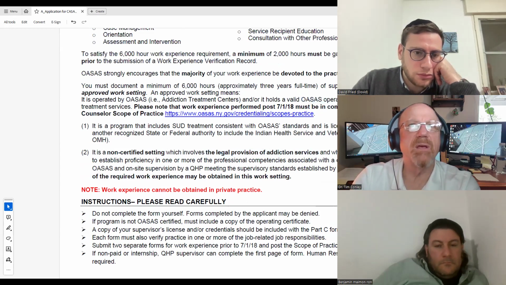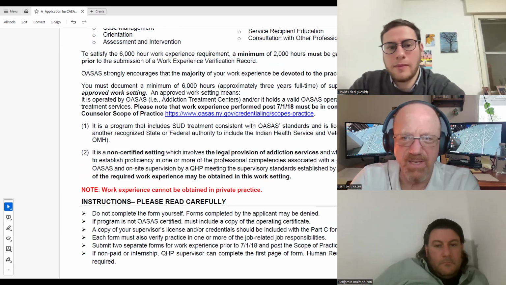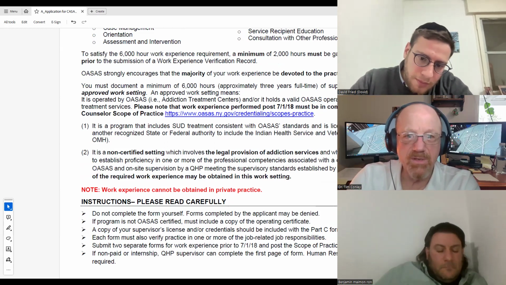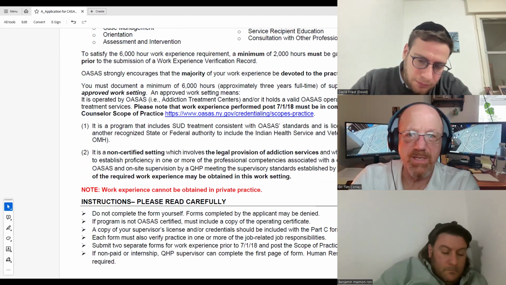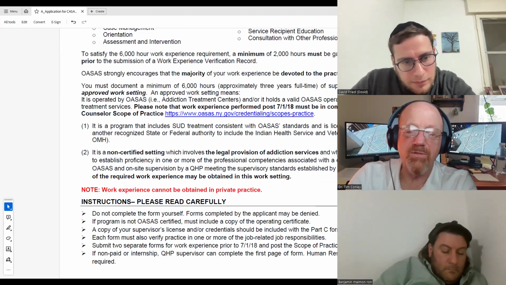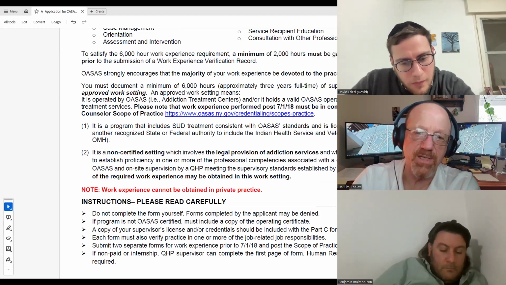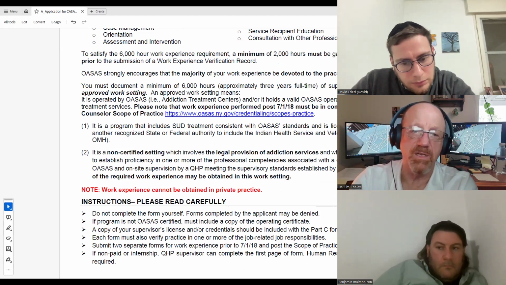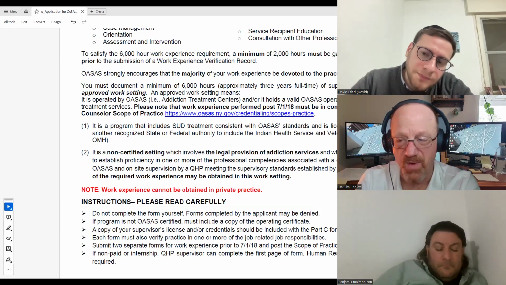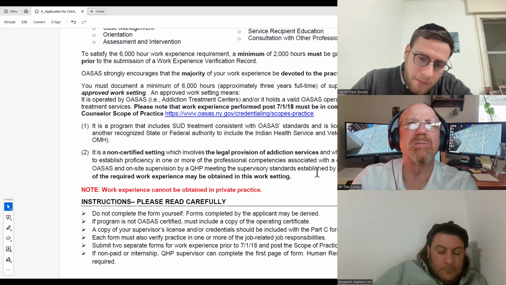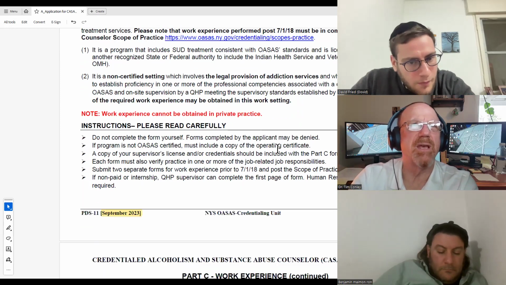And the thing about a place holding an OASIS certificate, guys, is every single hour that you're in that door counts. There's nothing that you do in an OASIS clinic that doesn't count. If you're in a mental health clinic and you're spending 12 hours, 15 hours a week doing substance use treatment, and the rest of the time you're treating severe mental illness with no substance use, which we know is rare, then those hours won't count. But if you're in OASIS, anything that you do while you're there counts, because it's the whole purpose of the agency.